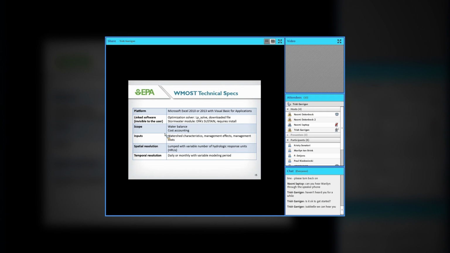You can have a variable number of land uses or hydrologic response units, but then all the runoff from the land goes to one specific stream reach, and all the recharge goes to one groundwater bucket. The temporal resolution, you may run it daily or monthly, and the length of the modeling period is defined by you. We provide you data